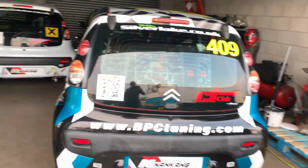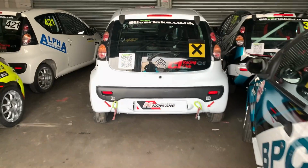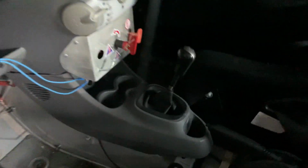Here's the BPC Motorsport garage. Here's all the cars that are running today. So obviously this one's ours. We got the novice plates on, the little X on the back there. I don't think I really showed you guys the car yesterday, so I'll just go through a little bit of